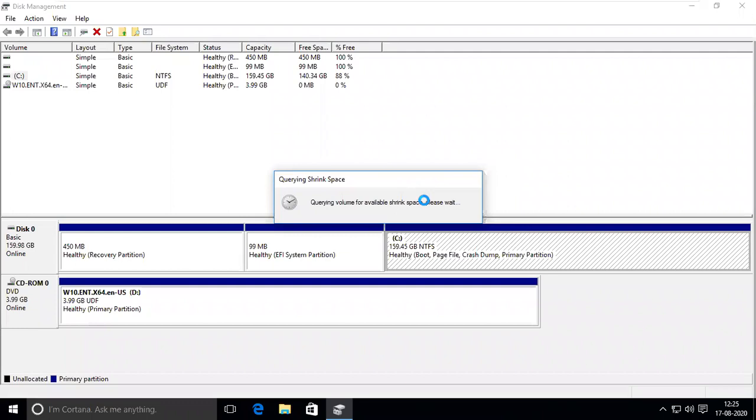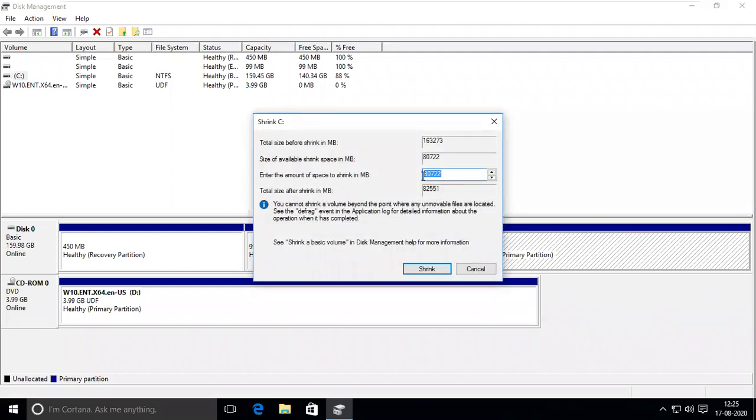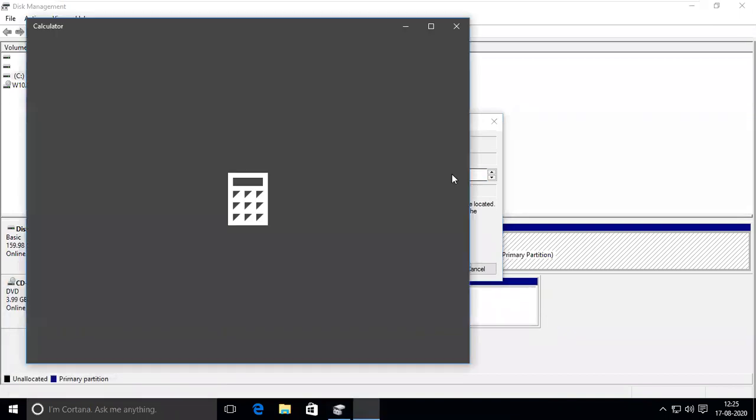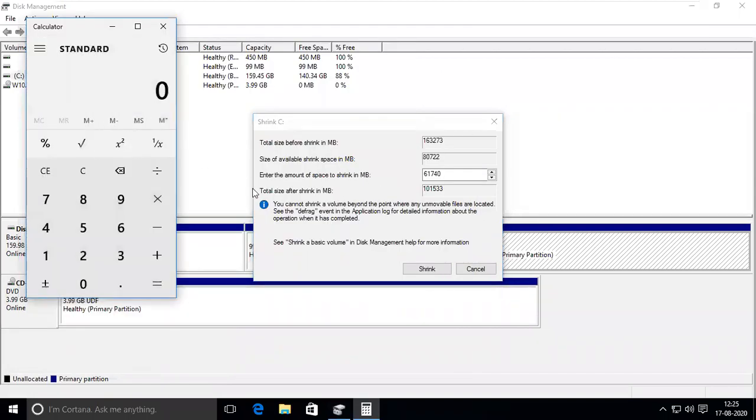So I will keep a 60 GB or 40 GB separate drive. 60 GB means 61740. Otherwise, calculate 60 GB. So I give the C drive 100 GB and this one 60 GB.